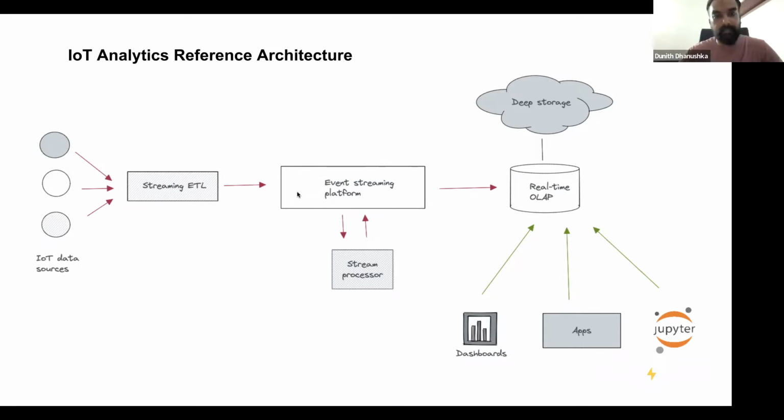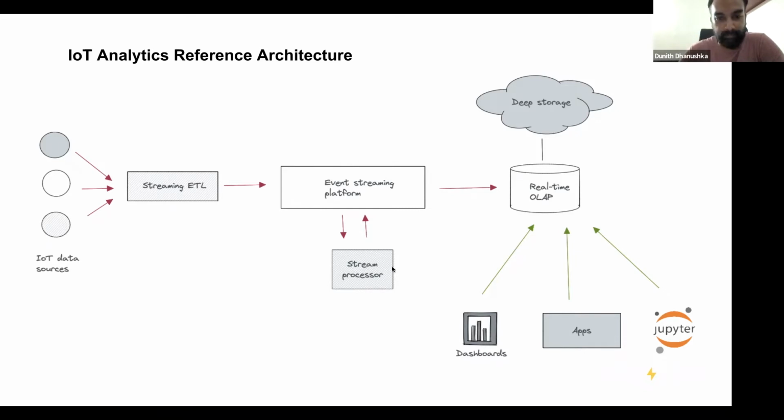That's the basis of this event streaming platform. In today's technology landscape, we can consider multiple options for this. For example, Apache Kafka is the most prominent and popular choice in event streaming platforms. And then we have Apache Pulsar, AWS Kinesis, Azure Event Hubs, and there are so many options out there.